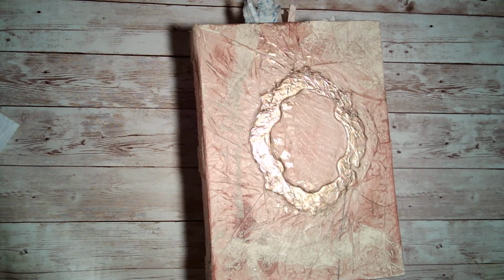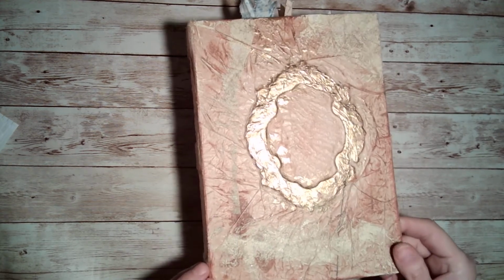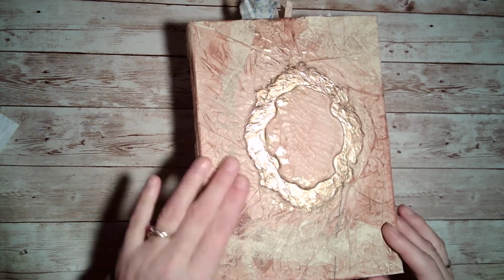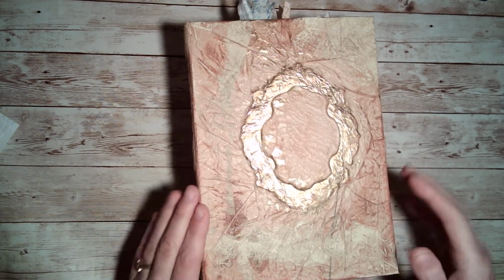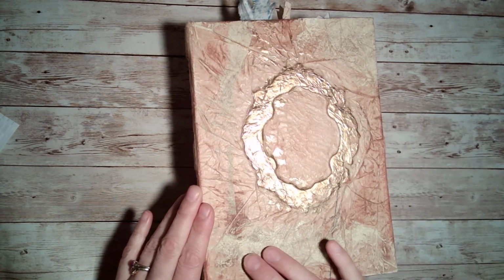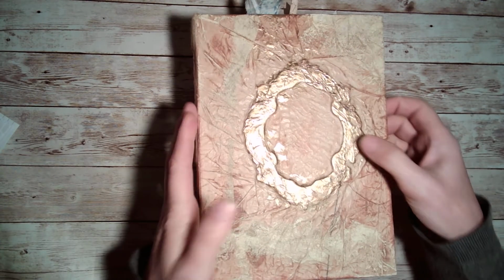Hello everybody, I am doing a flip through of this new junk journal that I made. It is a hardcover journal, as you can hear. I have covered the book with a vintage sewing pattern, inked it up, added a little bit of distressing powder, gold foiled the embossed